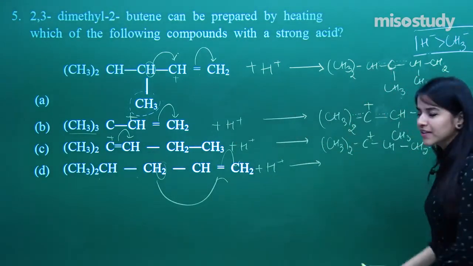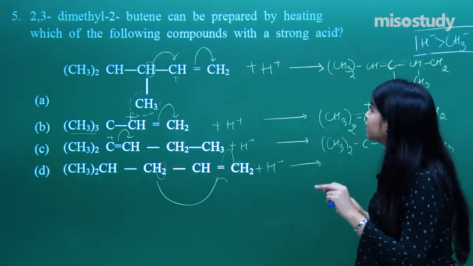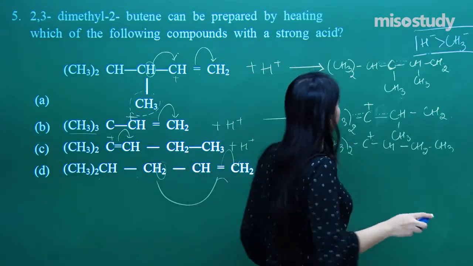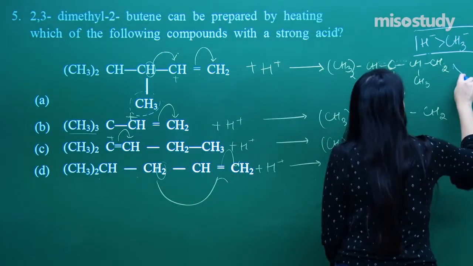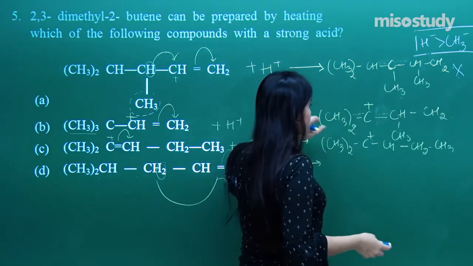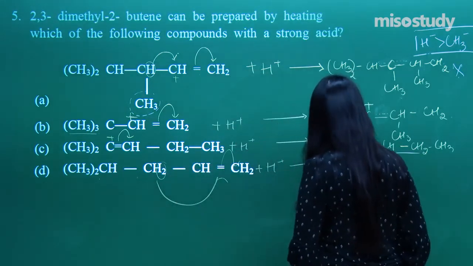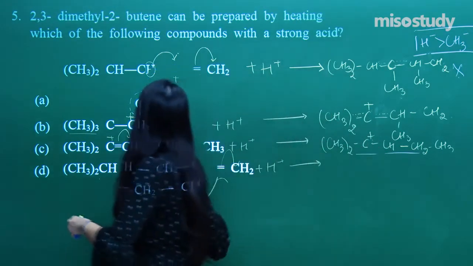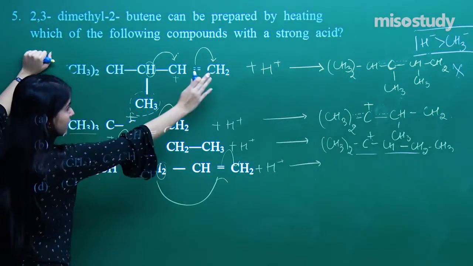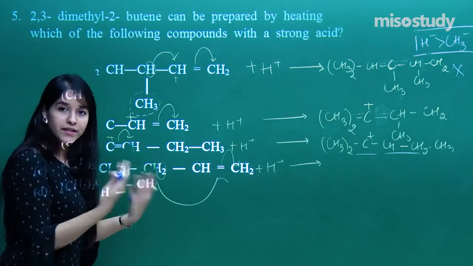Now, we have analyzed all the four options. We need 2,3-dimethyl. So let us just have 2,3-dimethyl. Where is it? I need butene. So this could not be an option because it has got more than 4. Can I have an option over here, or can I have an option over here? So what would be the answer in this case? How many carbon atoms do I have? Here if you see, I have got many. It would result in not butene but something else more than butene.